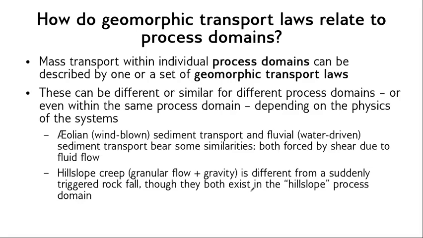So mass transport within each of the individual process domains can be described by one or a set of geomorphic transport laws. Sometimes these are similar, sometimes these are quite different, and they might be quite different even within the same process domain. So for example, sediment that's moved by water and sediment that's moved by wind might